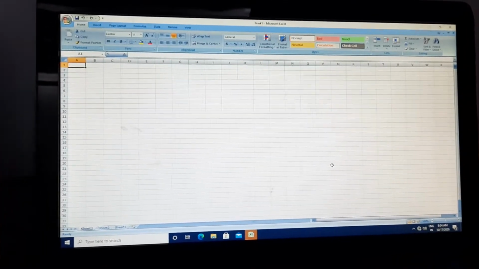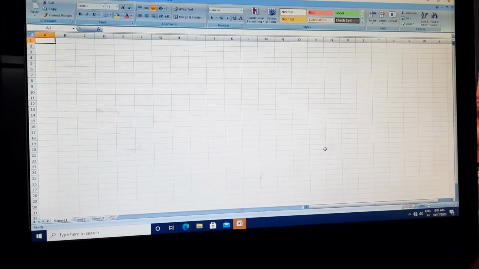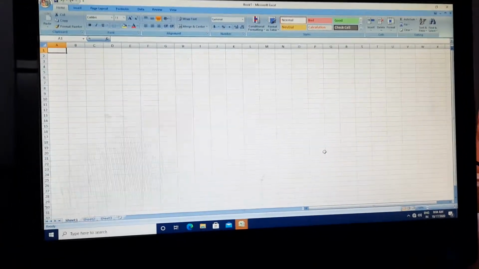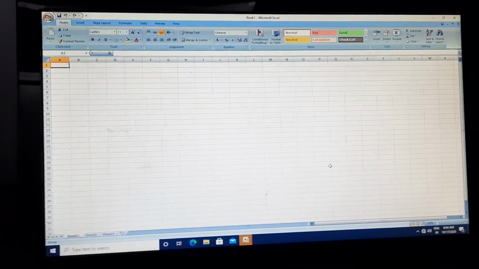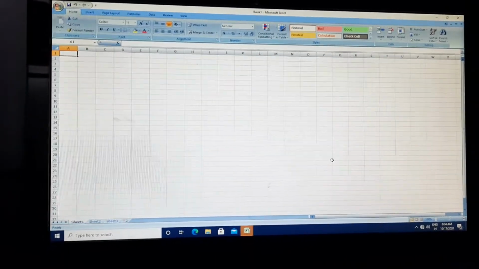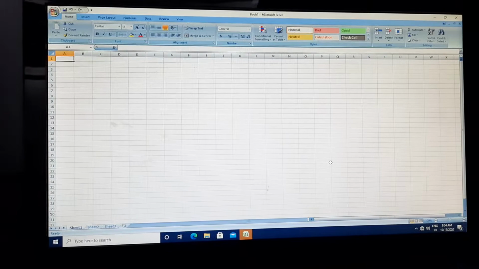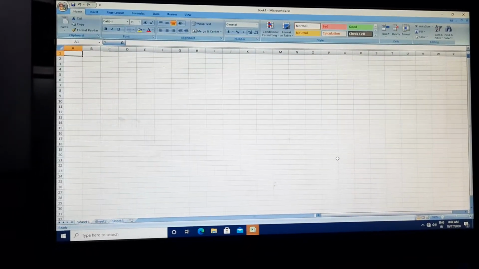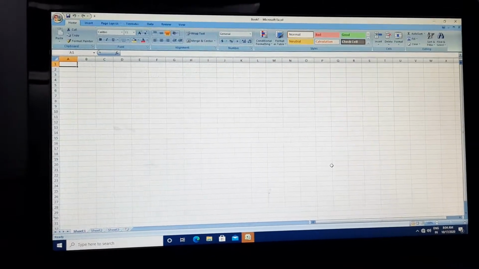Next, I explained how to copy and move. Now I will explain how we can do the calculations in Excel, because Excel is mainly used for calculations and charts. So I will first explain how we will calculate the things.